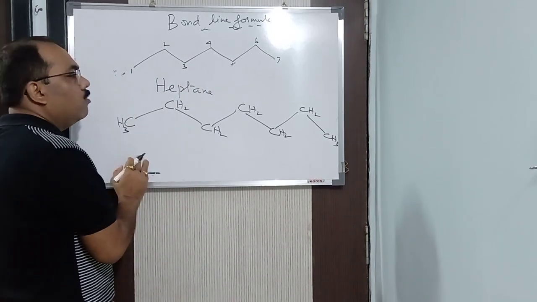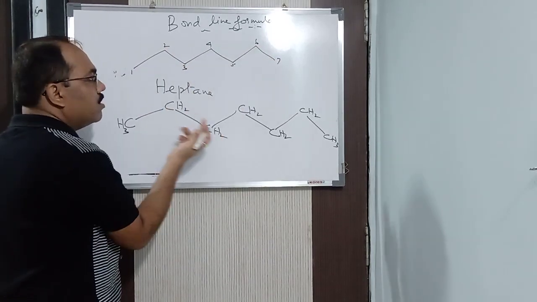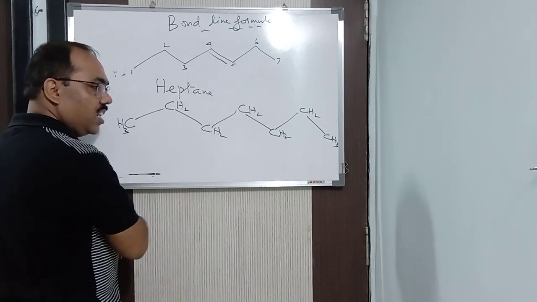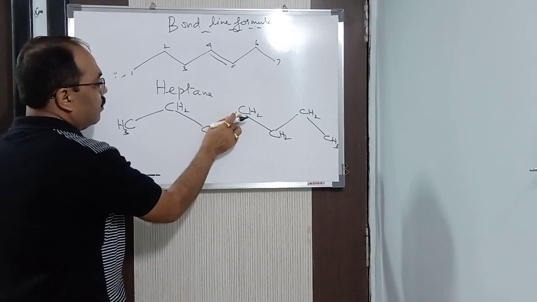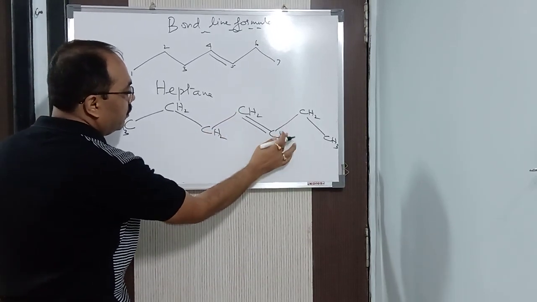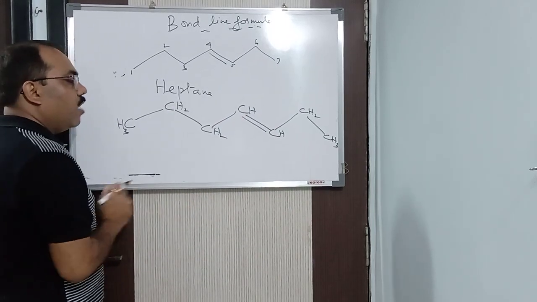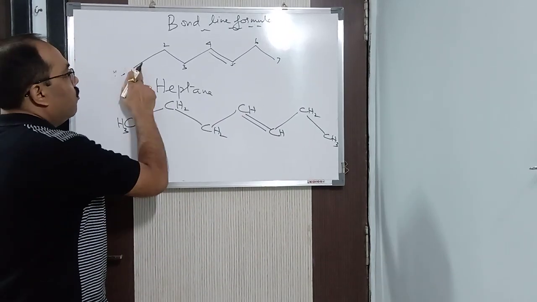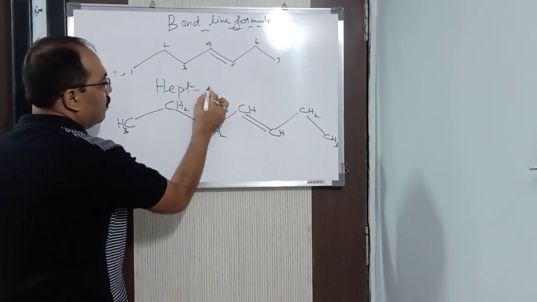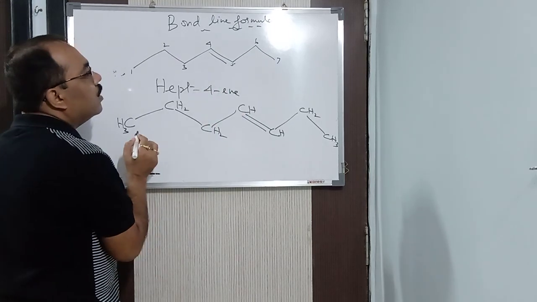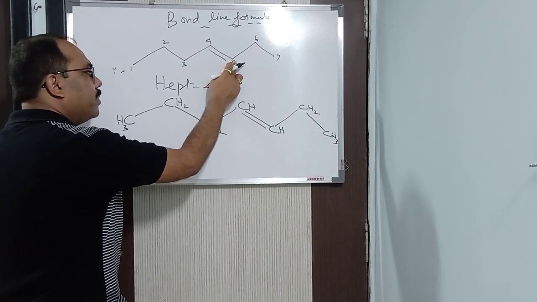So how to find it out then? Simply as I have done here, seven carbon atoms and all are single bonds. Suppose I put a double bond here, in the fourth carbon position. The double bond means definitely one hydrogen will be less. So how will you name this particular compound? 1, 2, 3, 4. So hept. Is it heptane? No. You will say hept-4-ene. You will say, sir, we will count from here: 1, 2, 3. So if you count from this side, you will be getting hept-3-ene.